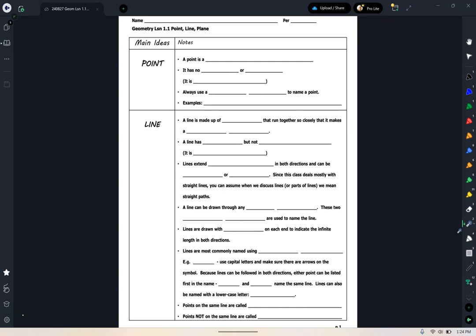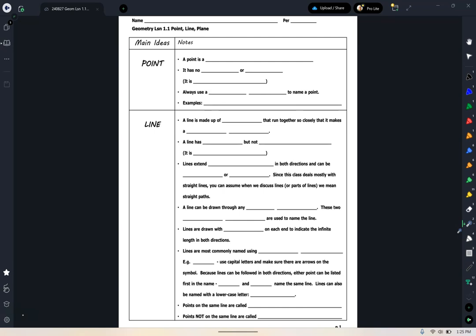All right, so we're going to define some terms today, and I'm going to speak some geometry to you, okay? But you've got to be able to understand my language when I speak it. You got to be able to understand my language when I write it. You have to be able to write in my language to communicate it to me, okay? And then you need to be able to see certain symbols and understand what those symbols mean in terms of what I want you to do with your math, okay? So there really is a very heavy language component to it.